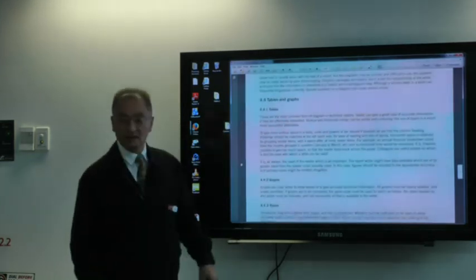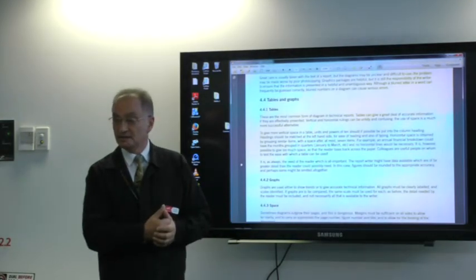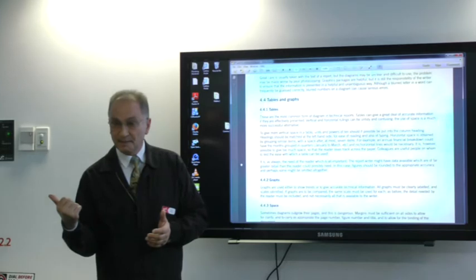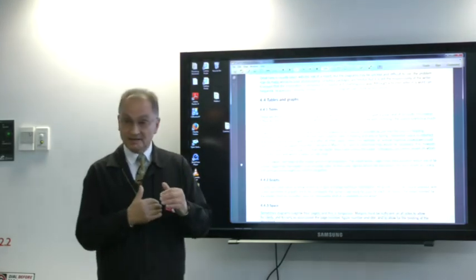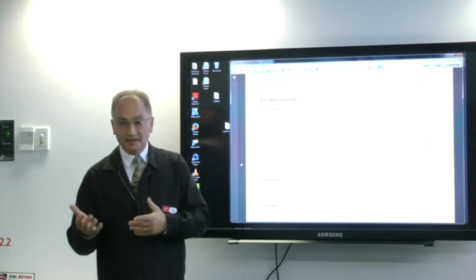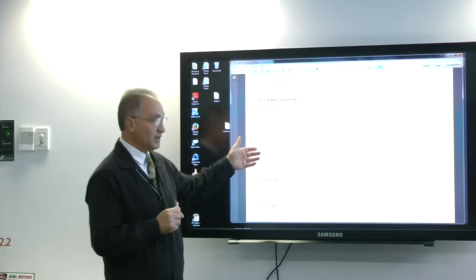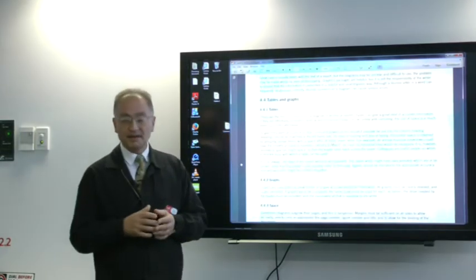Tables and graphs to illustrate supporting information. Where do we normally have them? At the back in the appendix. So you might set up one appendix, Appendix A tables, Appendix B graphs, Appendix C survey data, that sort of thing. And the other thing with it, of course, as well as them being in the appendix, is that you